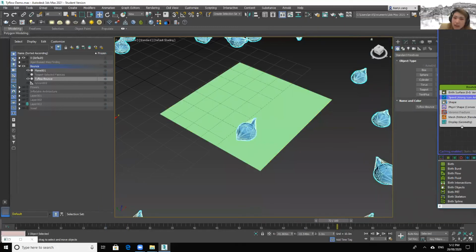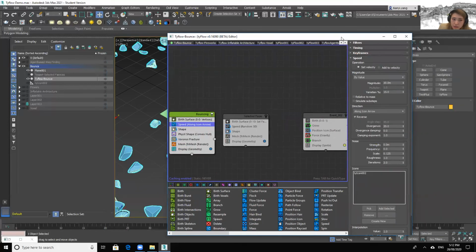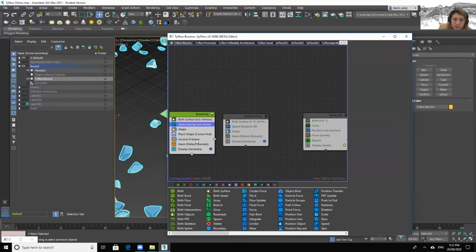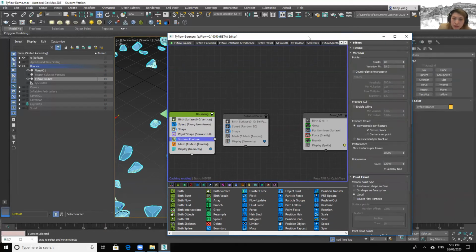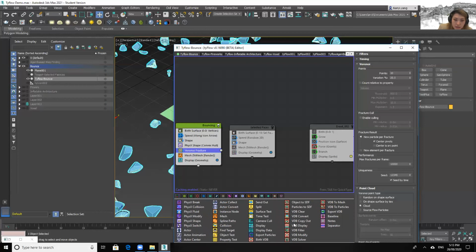Cool. And now we can talk about the Voronoi fracture. What Voronoi fracture does is break this object into pieces, using its algorithm to break it into the pieces. So simply just drag a Voronoi, where is it? Voronoi,